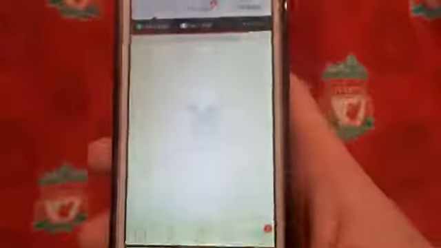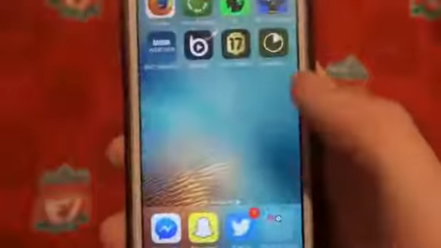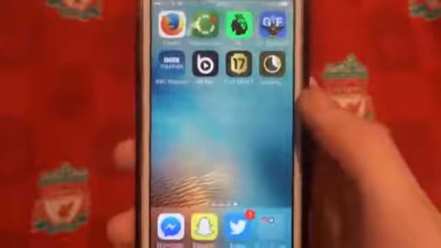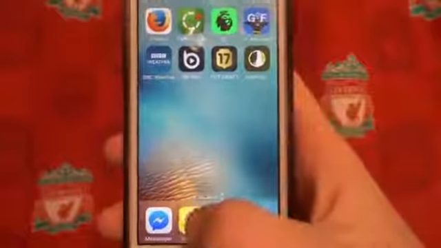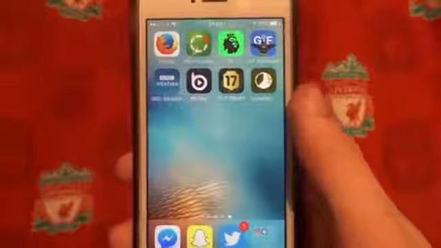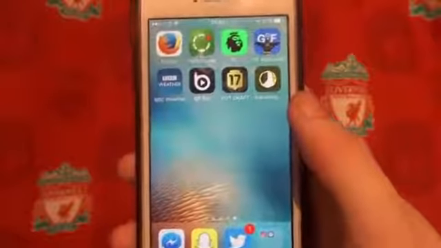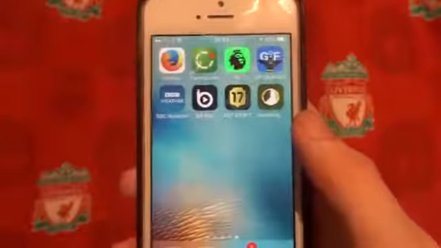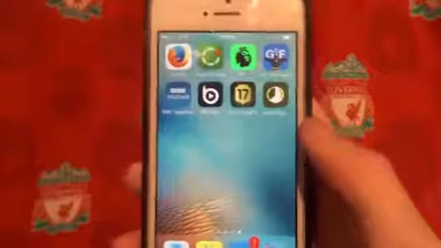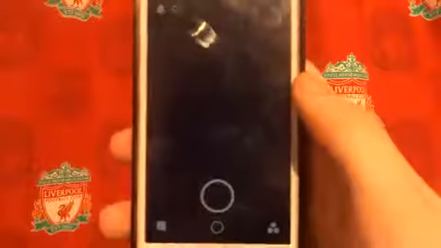So yeah, we're just gonna install Snapchat++ there. That's gonna install on our home page, and the best thing about this version of Snapchat is that as you can see I have the original there already. I don't need to delete that version of it, it's just the way that this version works. So as you can see, Snapchat is installing pretty damn quickly, and it shouldn't take too long to start now. So yeah, we can head over into Snapchat++,